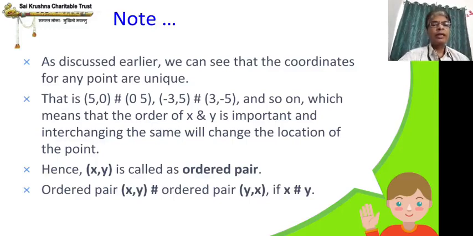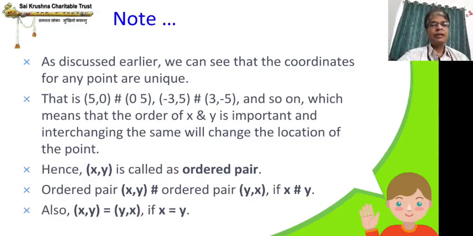The ordered pair (x, y) is not equal to the ordered pair (y, x); that is, (5, 0) is not equal to (0, 5) when x is not equal to y, that is, 5 is not equal to 0. Which means, in the next line you can say, if x equals y, then (x, y) equals (y, x). That is, if it is mentioned as (5, 5), then that's all. In (5, 5) there can be only one point because both 5s are the same. So the points will be the same only if x equals y, which means there will be only one unique point. In any case, an ordered pair is always unique.